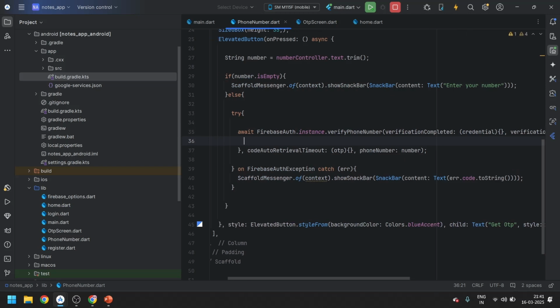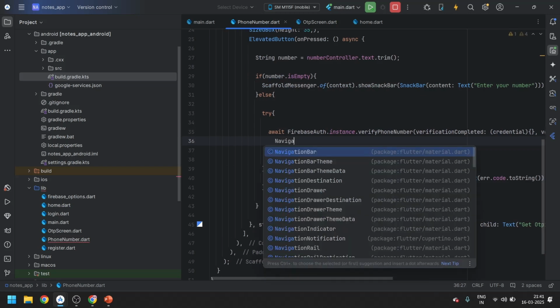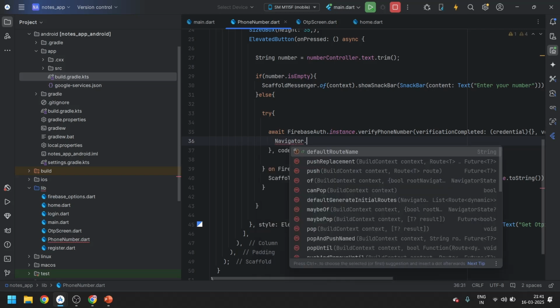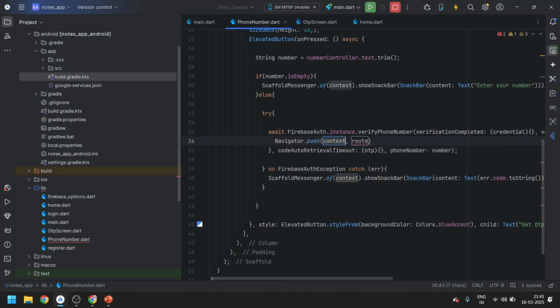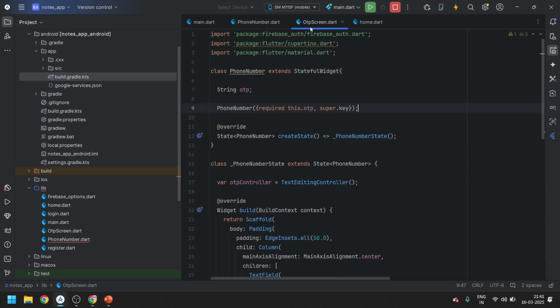And when the code gets sent, over there, write Navigator.push. Just go to the next page. And what is this next page? The OTP screen. Okay, maybe I didn't change it yet.